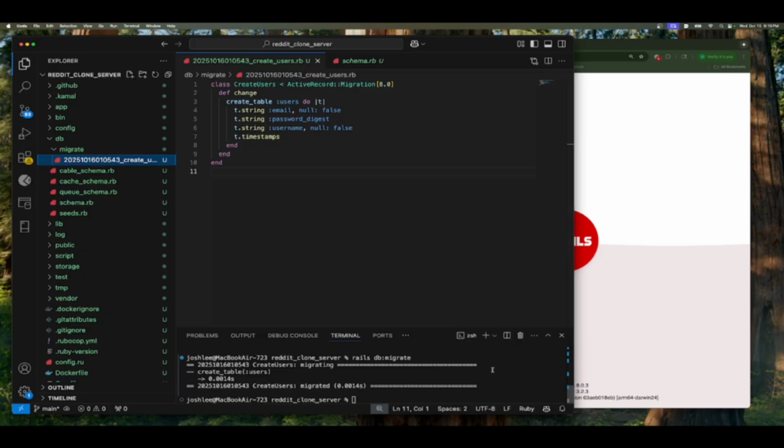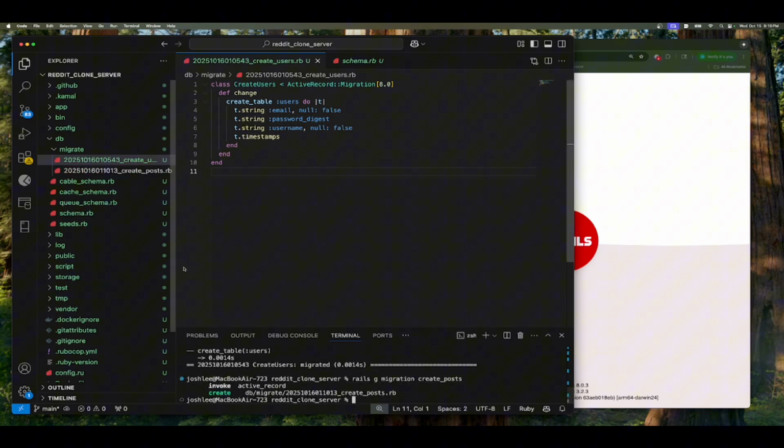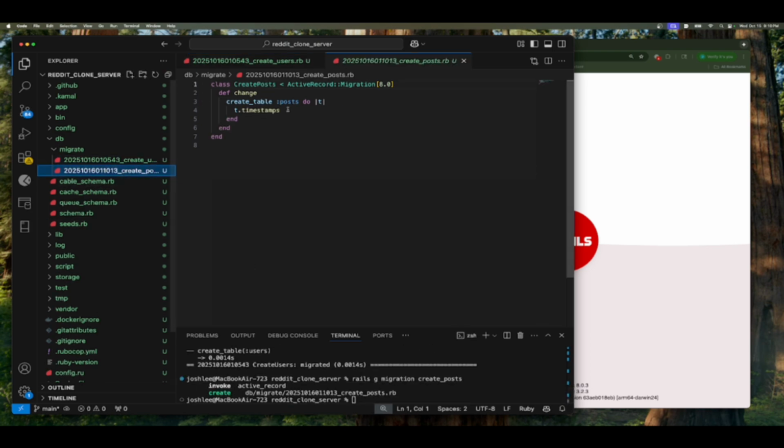And we want another migration called rails generate migration create posts. Now we have this here. This is going to create our post table. We're going to do t.string. We want it to have a title. We also want to make sure this is not able to be null. We're going to say text here